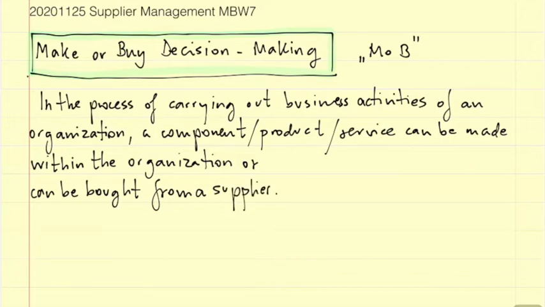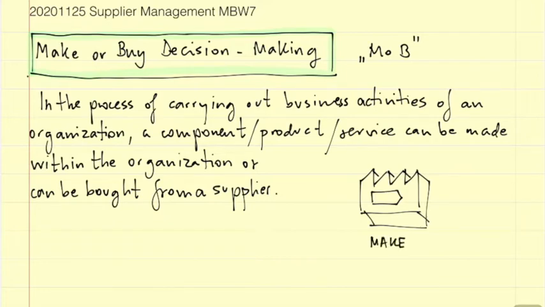So when we have an organization, we can either try to produce it ourselves, make, or we can decide to get it delivered from a supplier, and then it's buy. Okay,